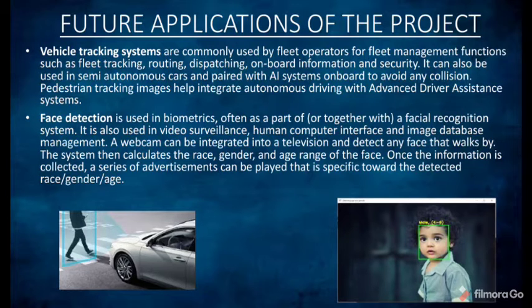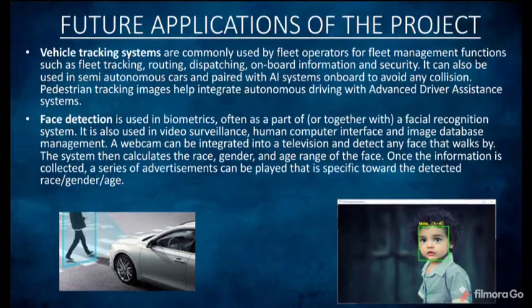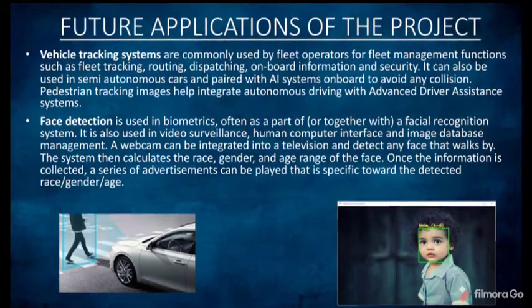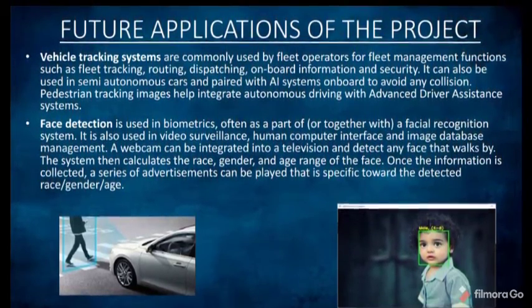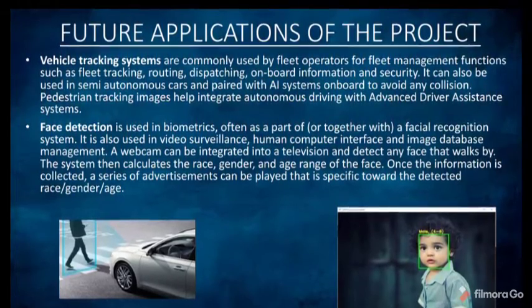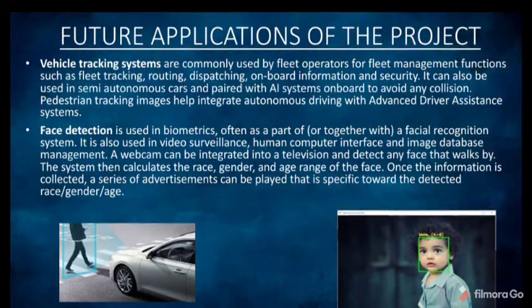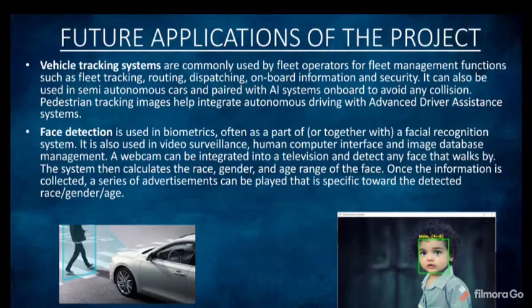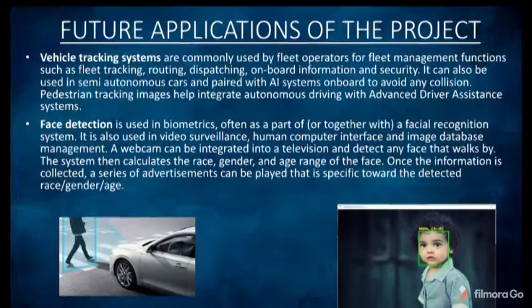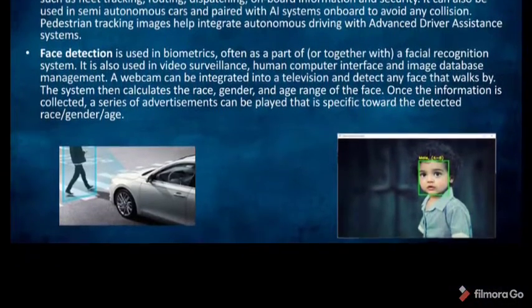In the same way, face detection can also be used as biometrics, and the most common feature of face detection is phone unlock that we usually use in our phones. If we integrate the webcam with our own faces and run an AI and ML application which is further trained, then after detecting the particular face, it can also return the image, and it can also return the age and the gender of the particular person.